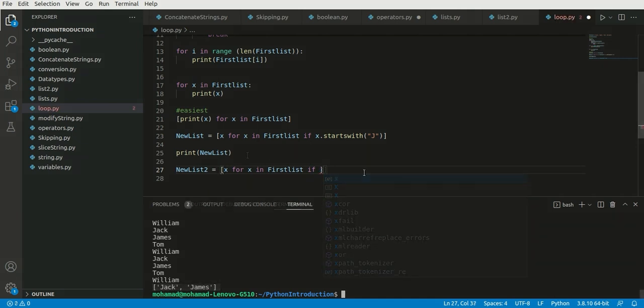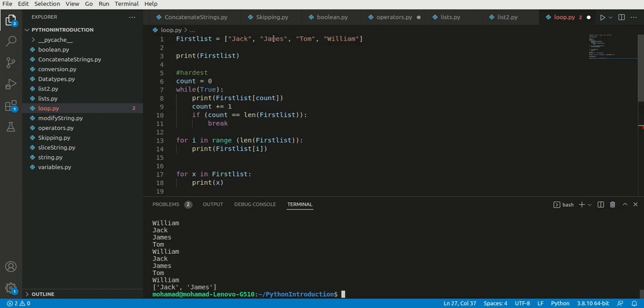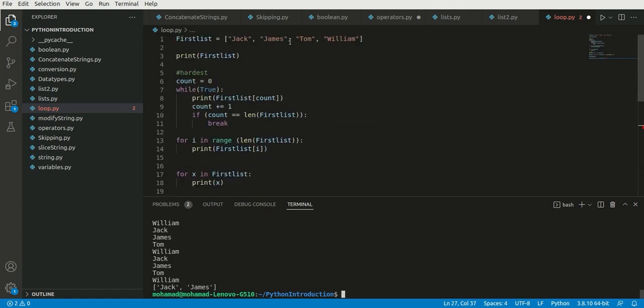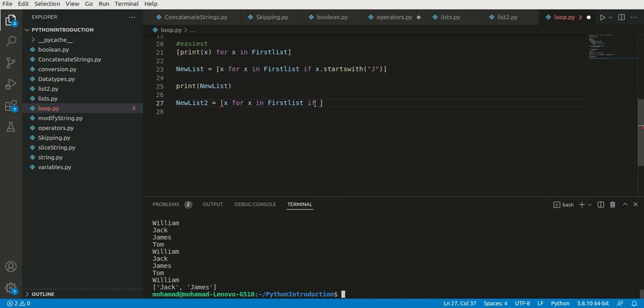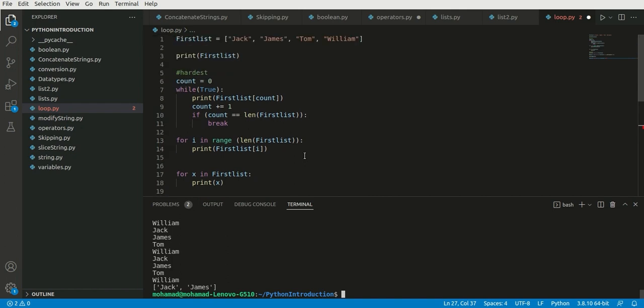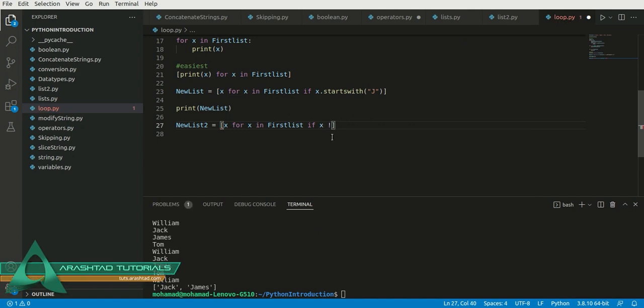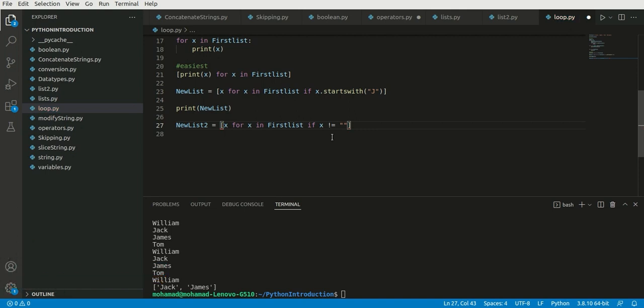There are moments when we want to not have one of these names here, and later I'm going to tell you how to replace it with another name. But in this new_list2, we want not to have, for example, James. So here we can write if x does not equal James,